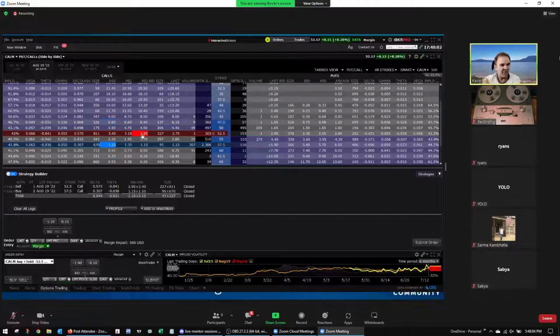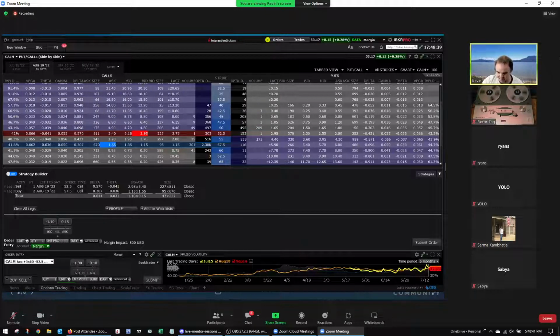You need to figure out what the fair price of this actually is. Just do a little bit of mental math here by checking your midpoints, and then put a limit price in that's near that, and work that order a little bit. Never ever use a market order. Never hit the bid. Never hit the ask in the options market. The market makers, you'll make their day if you do that. They don't expect you to do it, but they put these ridiculous bids out there just in case you do. Okay, so don't let them take your money. What we do here is hard enough without letting the market makers take your money.